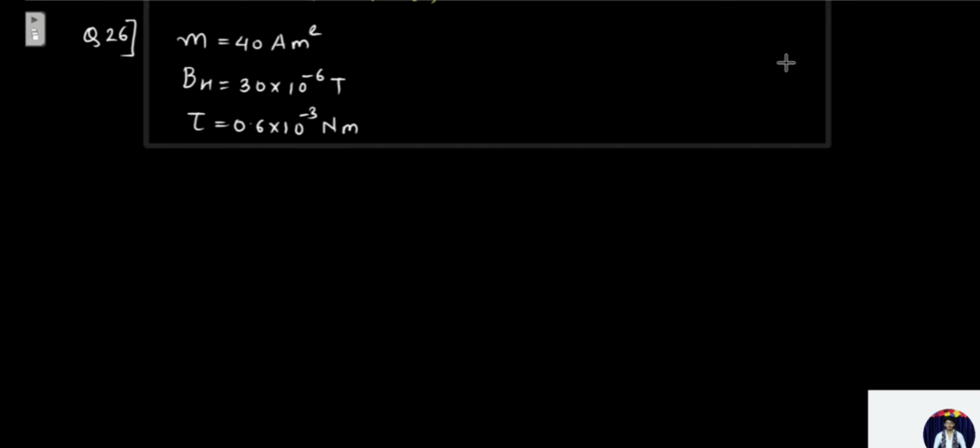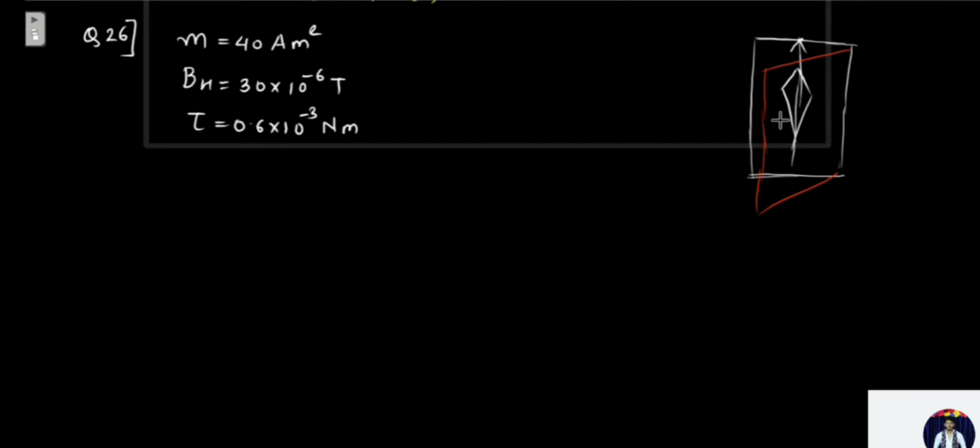So basically at that certain place, this needle is pointing towards geographical north. So we can consider it to be in the geographical meridian. But a torque acts on it, then obviously it is going to arrange itself according to the Earth's magnetism, and then it is going to come into the magnetic meridian. Supposing originally it was in the geographic meridian, now it is going to turn itself and enter into the magnetic meridian, maybe turning like this.